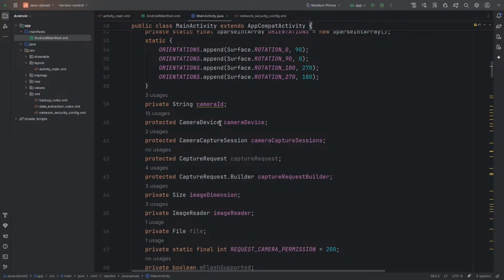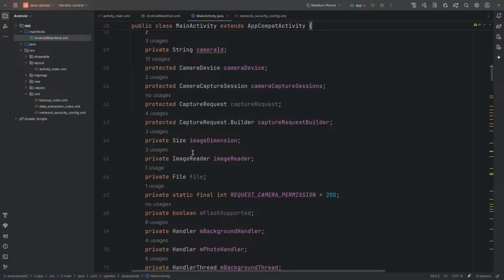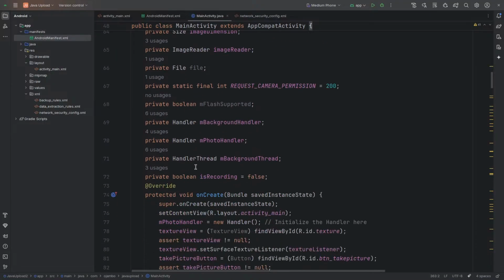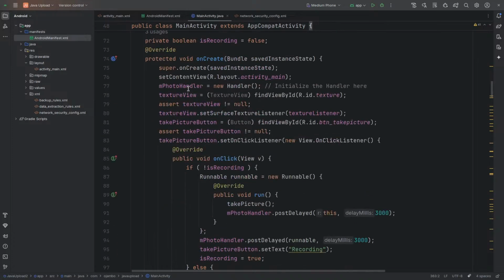Okay, I'm really surprised. Anyway, so we have the camera capture session, capture request, the builder, size, image reader, the file, and these are the handlers. So with the photo handler here, we have the texture view. So basically what we're going to do is when you click on the